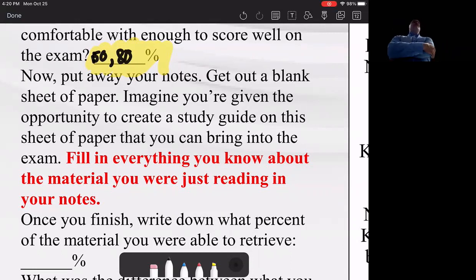Now, the big thing, and this is all in the handout, there's a good side of this. The percentage that you were able to get down. Some people start at like 10, 15%, others at 30, right? You now know the parts that you know. I know that sounds redundant. You know the parts that you do know now. Because the first little retrieval practice was a bit of an exam before an exam, right? There's no stakes here, but it was the same environment, right? No notes. What can you give me?